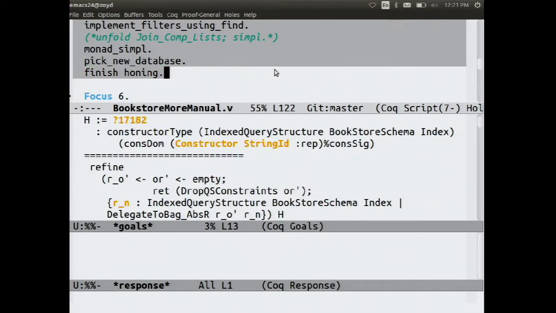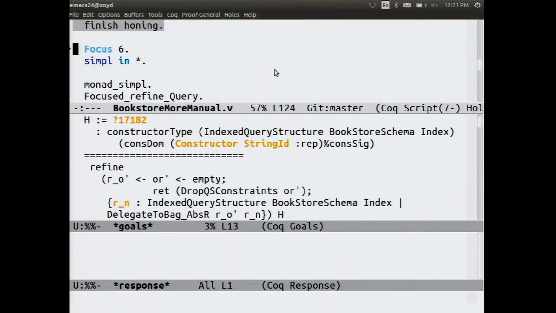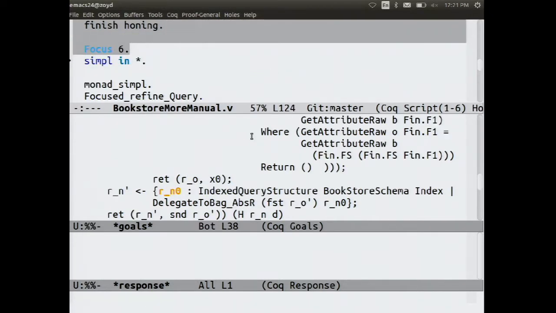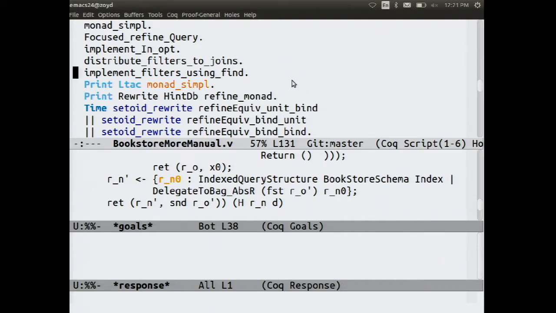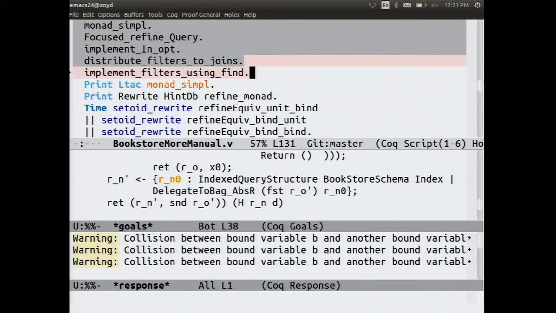And then similar things happen in the other query method that includes a join between two tables. Maybe I'll jump to this point where we use the same optimizations as I was using there. And I'll just show you things look a little different at this point.